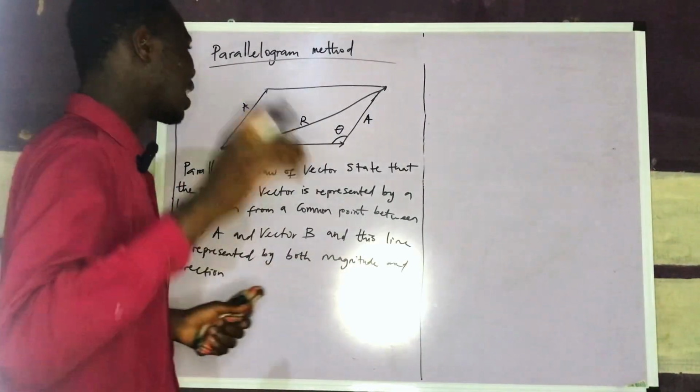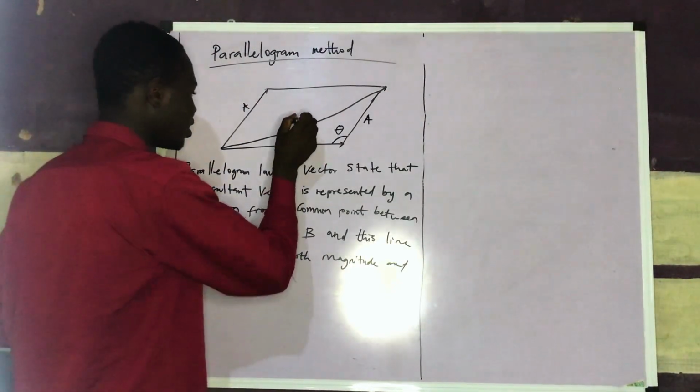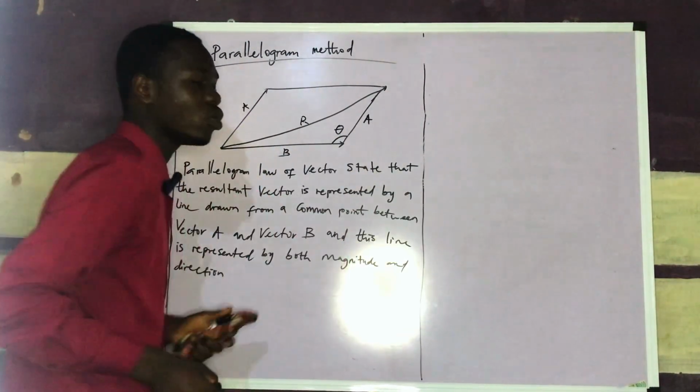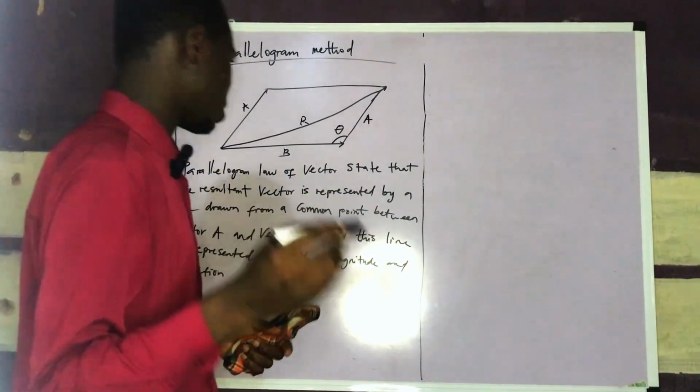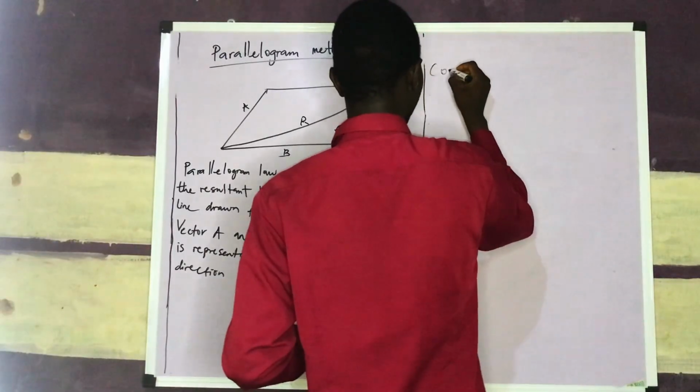Or when you are given three sides, you are given this side, this side, this side, you are not given the angle, you can use the cosine rule to solve the problem. What is the cosine rule? Cosine rule, that's